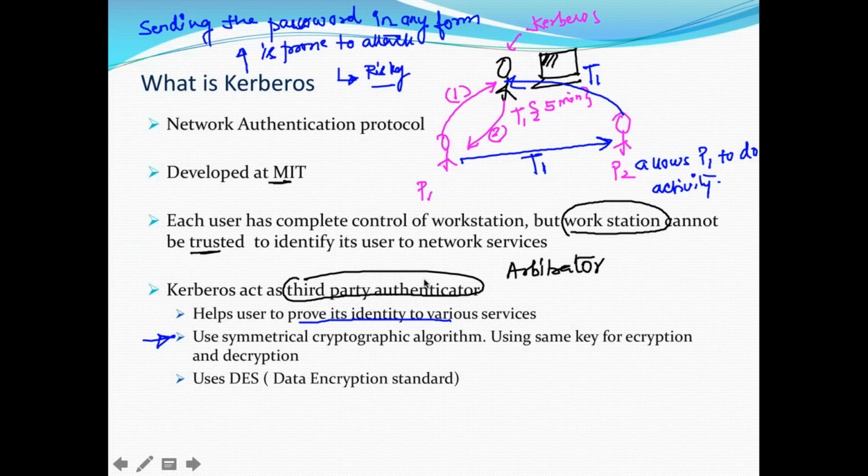Just note it down, guys: Kerberos is a very big topic on its own. It's a research area. I might not be able to cover everything with respect to Kerberos. What we are going to do is install Kerberos, do a few activities, and then integrate Kerberos with Ambari. Kerberos has a lot of other functionality than what we are going to see. The major functionality we will cover is how Ambari or the Hadoop services use Kerberos for authenticating and authorizing the user, and it uses a data encryption standard, that is, cryptographic algorithms.